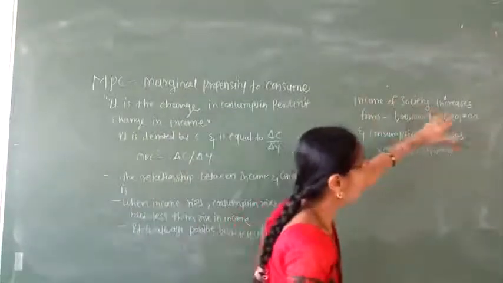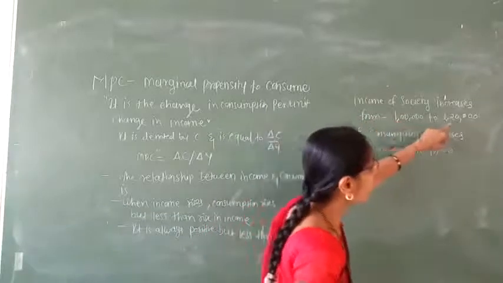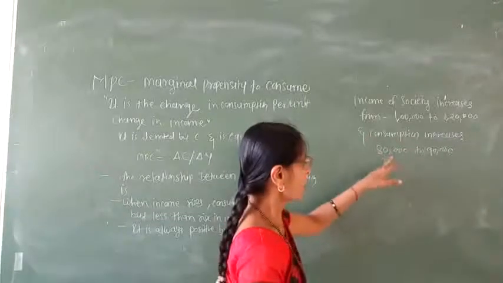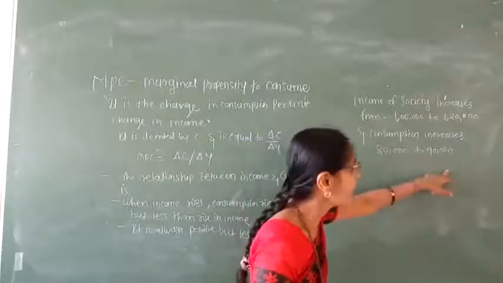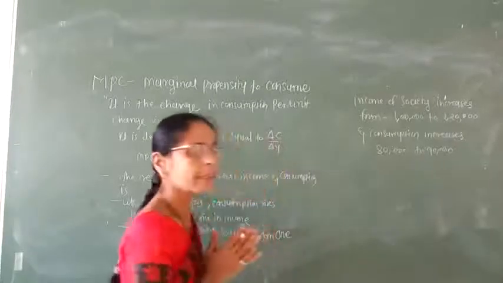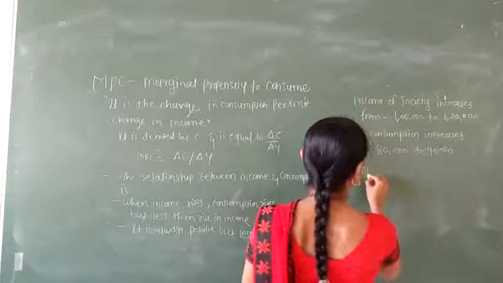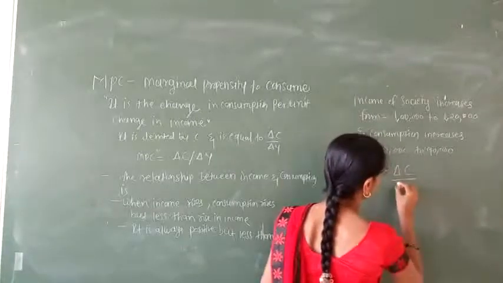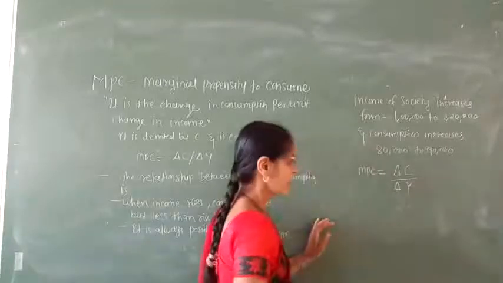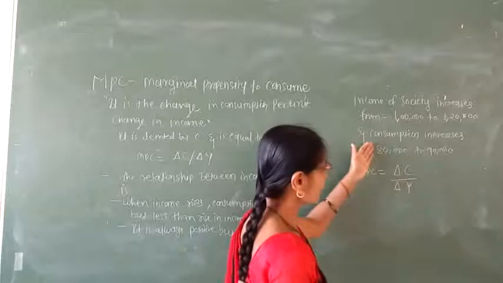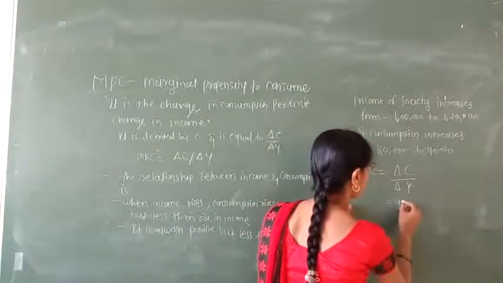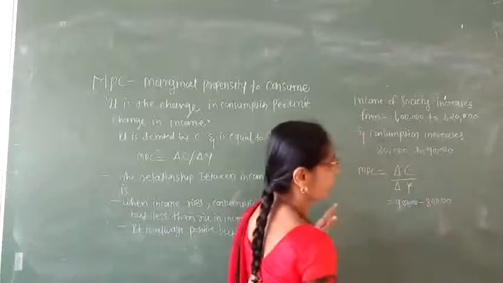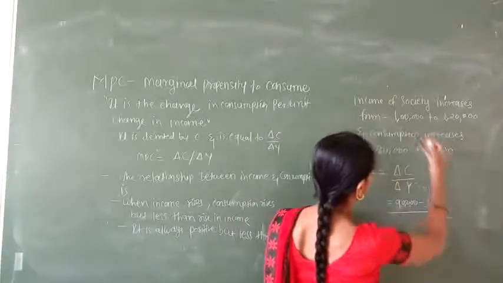Here the income of the society increases from 1 lakh to 1,20,000 rupees, and the consumption also increases from 80,000 to 90,000. Then what is the MPC? Here the marginal propensity to consume is the change in consumption divided by the change in income. And in this example, the change in consumption is 90,000 minus 80,000, divided by